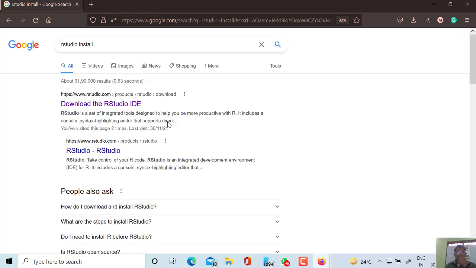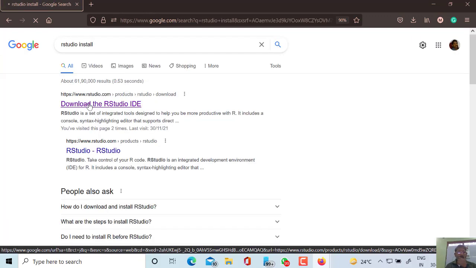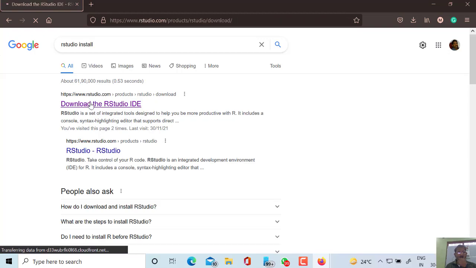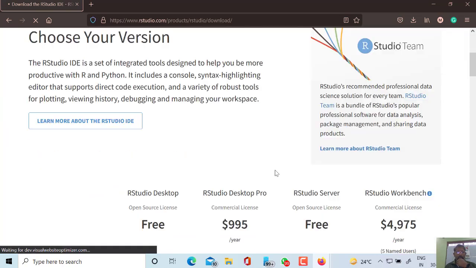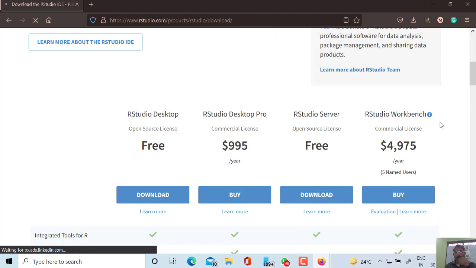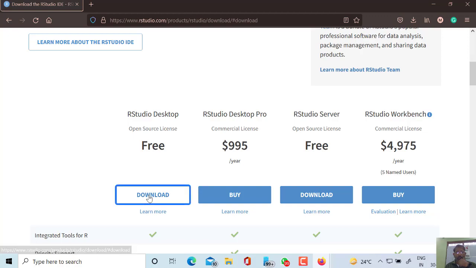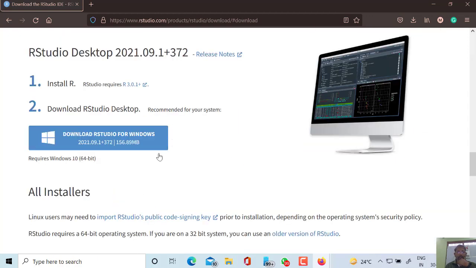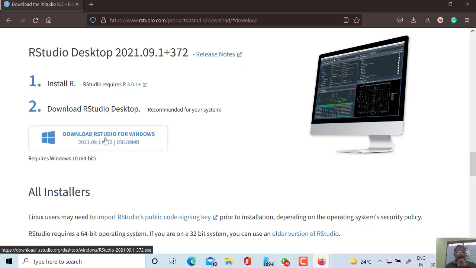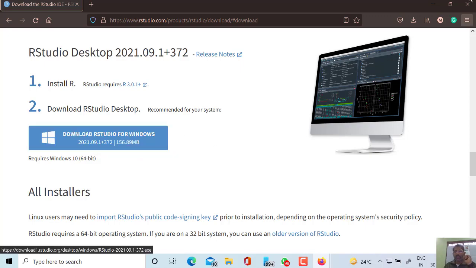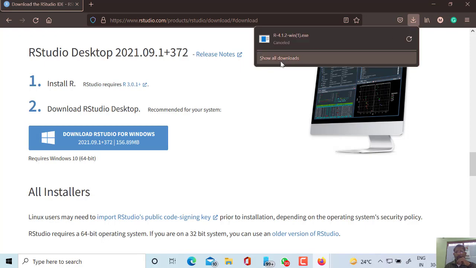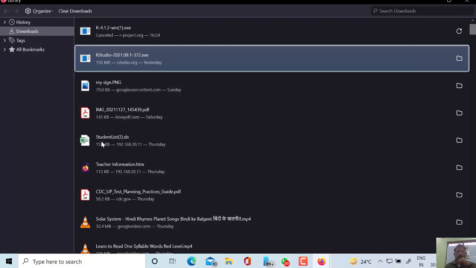The site is rstudio.com, and from here there are so many options. We have to go for the free version. You have to download it, and after clicking that you will get the latest version, 2021.09.1 at this time, and you can download it and install it.